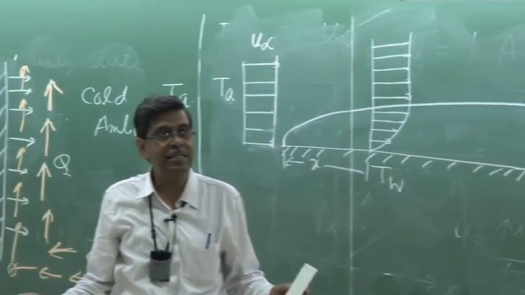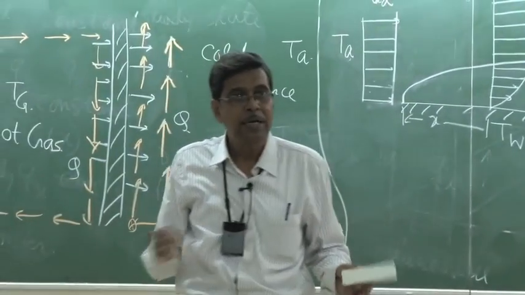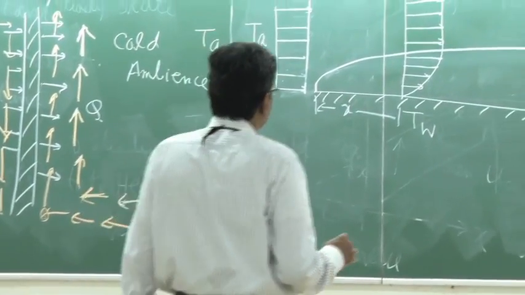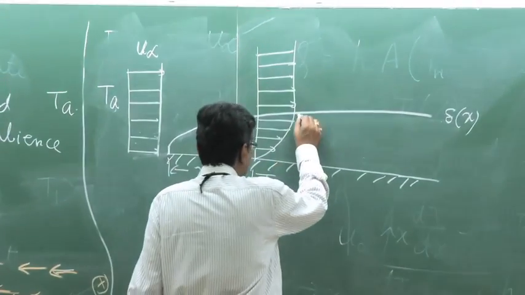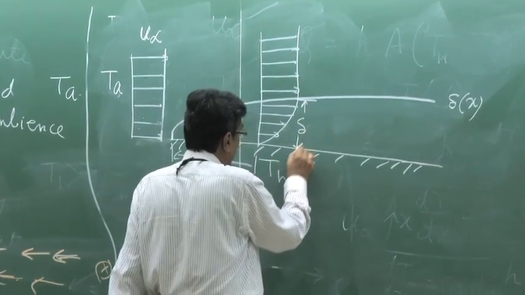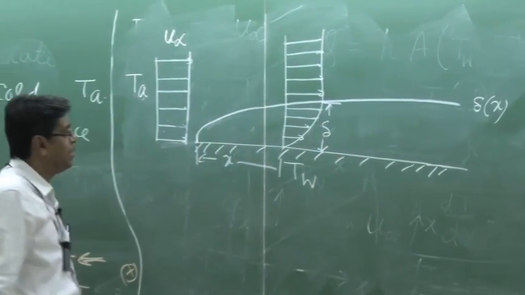Though it never reaches the full free stream velocity, it reaches asymptotically, but usually we assume that after some distance, where 99.5% is assumed, which we take as full U infinity as the delta, the boundary layer thickness,